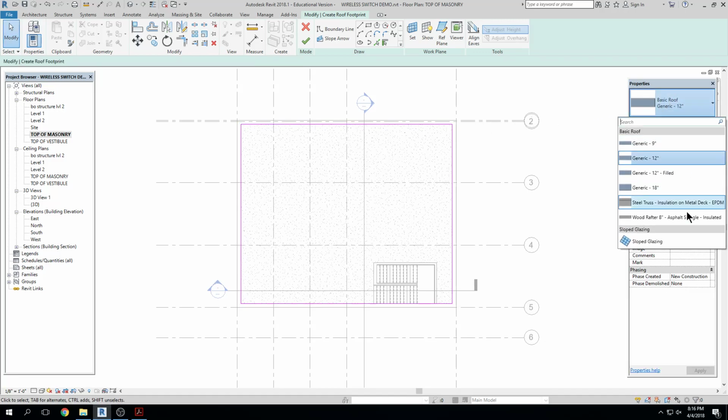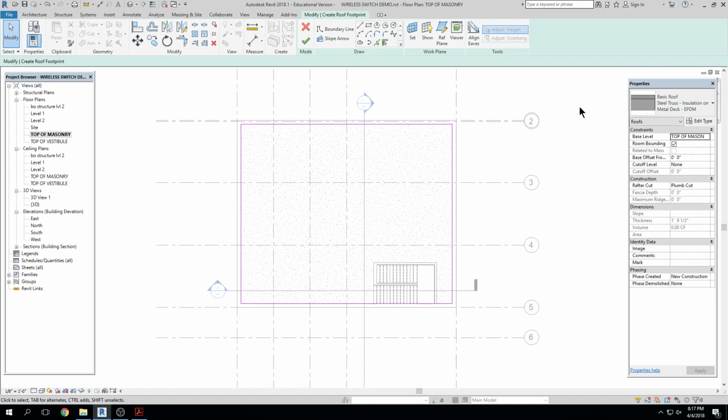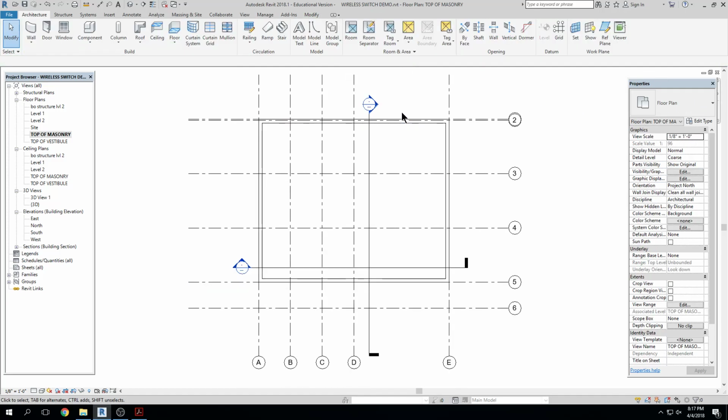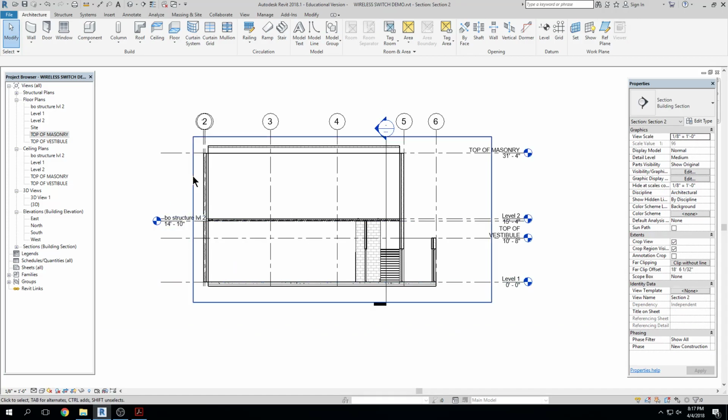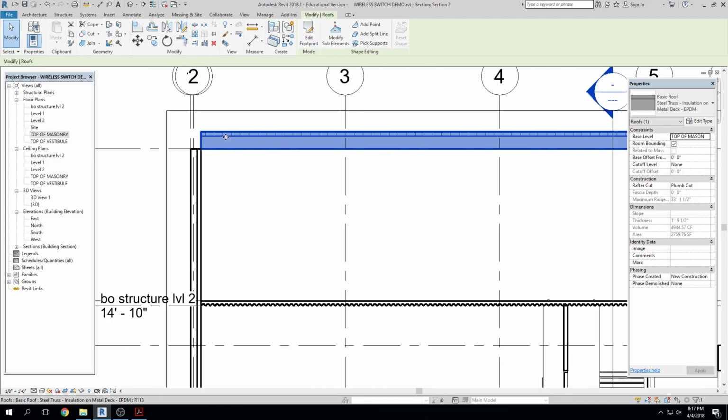Well, let's do the deck. Let's do this steel. Well, yes, we'll do that steel truss one right there. All right, so I'm going to hit finish, and I have a roof in there. Okay, but I'm going to go to a section view here real quick and look at my roof and see that